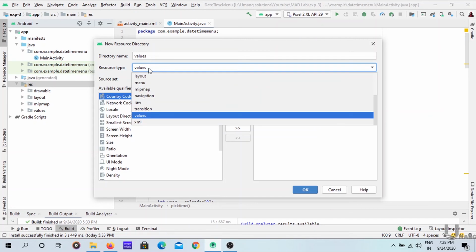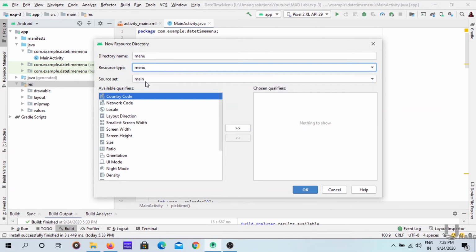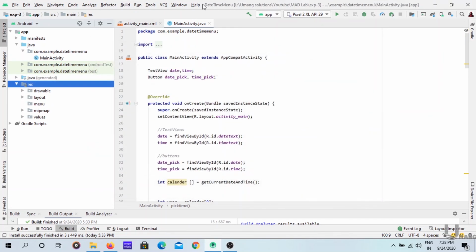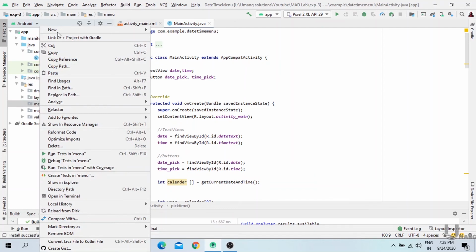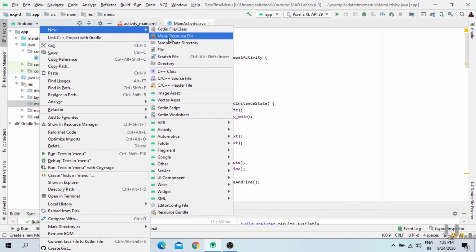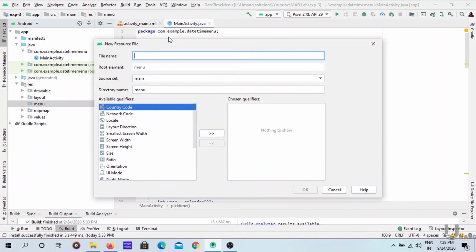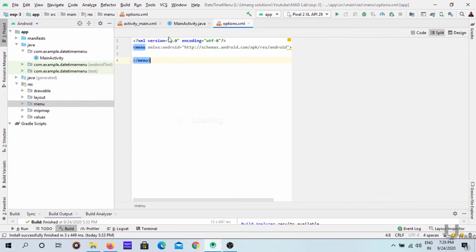So select resource type as menu, click on OK. The directory is created. Now create a menu resource file, right click on menu folder, go to new, click on menu resource file, give the file name as options, click on OK.